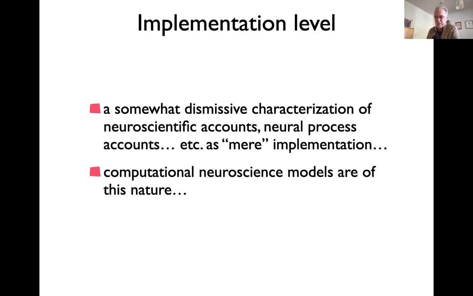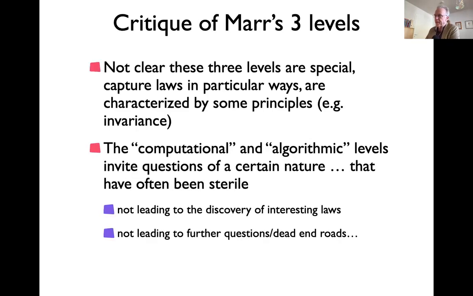So just considering it implementation isn't right, and I'm actually quite critical of this. Computational neuroscience models could be viewed as being the implementation level in this hierarchy. Again, I think that these levels have somehow enabled people to do work, and that often makes them very influential, largely also as a way of justifying that you neglect certain things. So I don't think it's very clear that these levels are really particularly prone to help us discover laws.